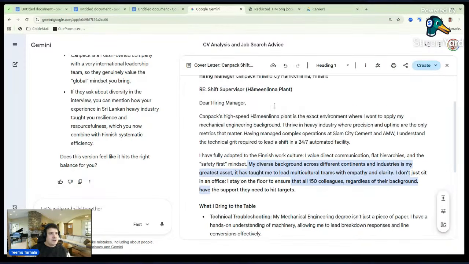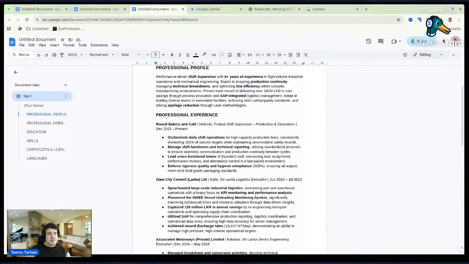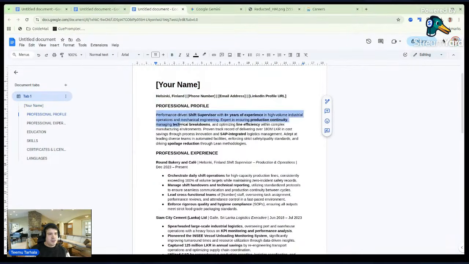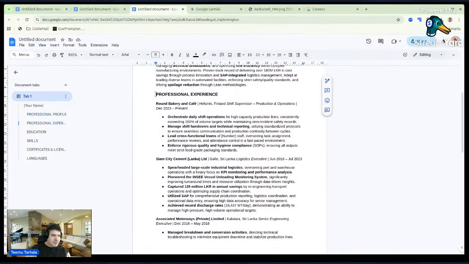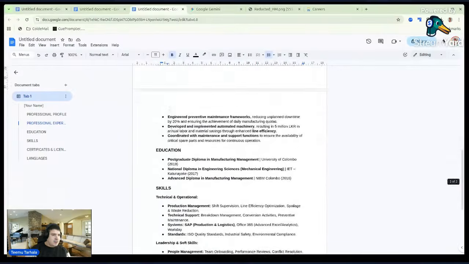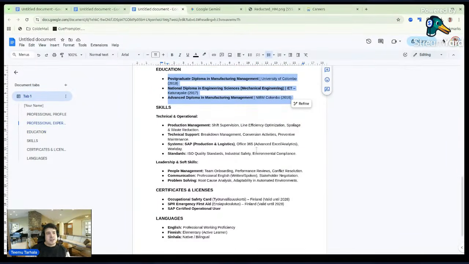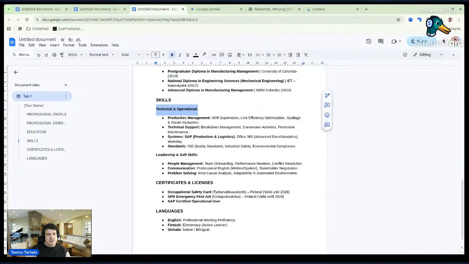And what we did today, we used zero templates. We had one CV we started with. We had a targeted professional profile to match the job. We are applying the role, experience. We changed the description to match what company values. Then education, it is how it is listed there. Skills, we divided into technical, operational, and leadership and soft skills.